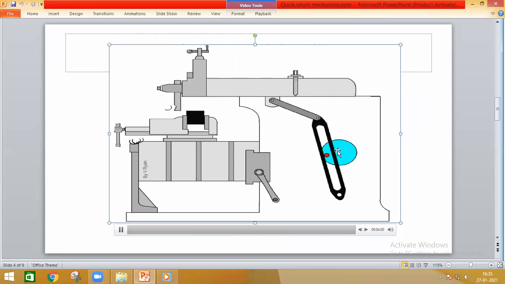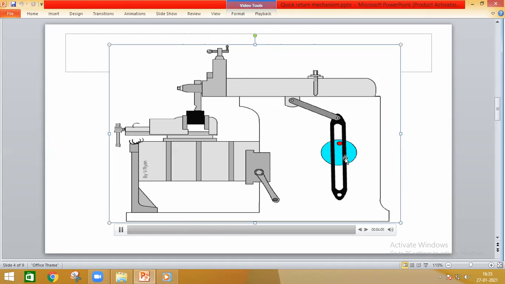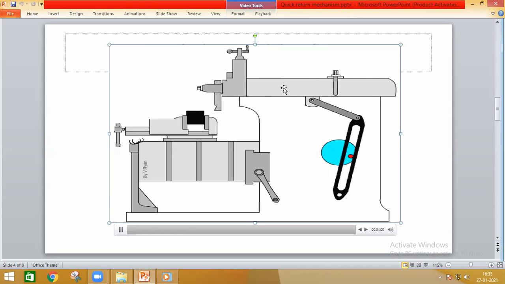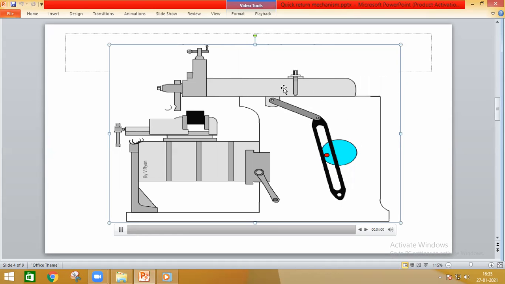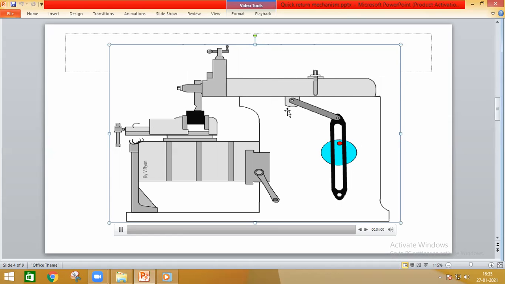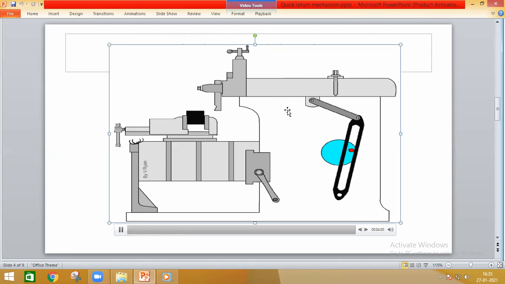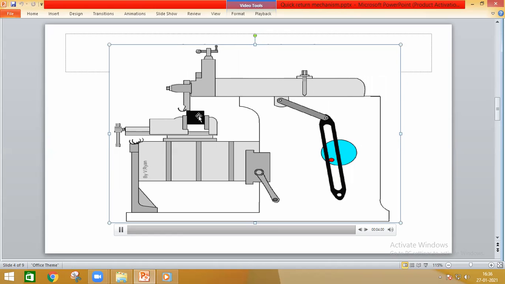and the connecting rod is connected to the ram. So the input motion given to this mechanism is rotary motion, and the rotary motion is converted into reciprocating motion. If you compare the return stroke with the forward stroke, the return stroke takes minimum time. That is a speciality of this mechanism, because in machine tool operations we normally desire less manufacturing time. In the forward stroke the tool has to remove material from the workpiece, but in the return stroke there is no work to be done.